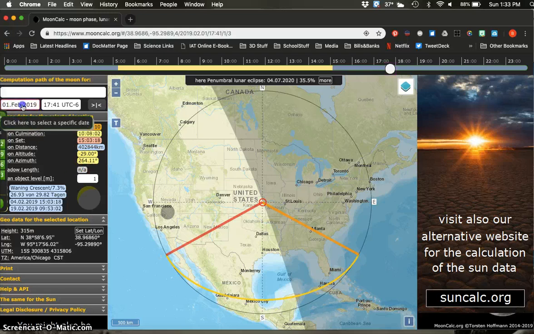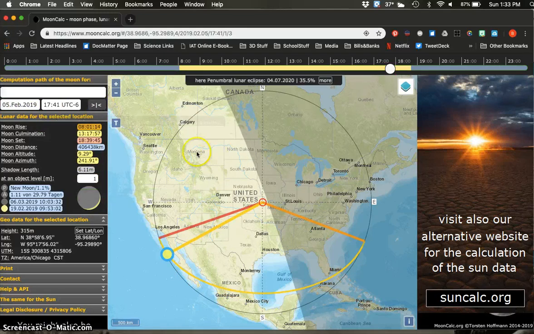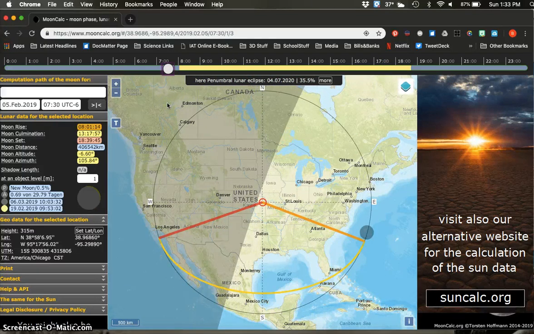Go to the next day, change this over here to maybe the 5th or something, and do it all over again. So you're going to do this for the days specified, but that's the data you're collecting for these things here. And it's just a matter of sliding the slider back and forth at the appropriate times, and that should get you your data. Once you get your data tables filled in,